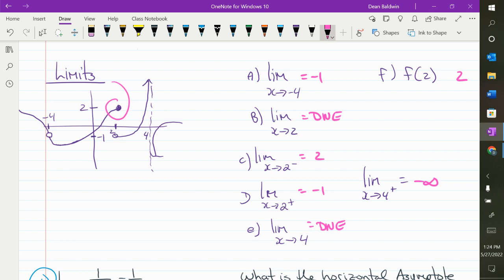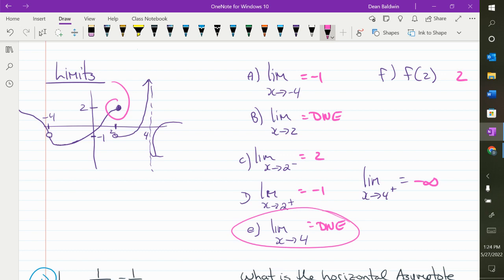Are you talking about one-sided limits or regular limits? If you approach a vertical asymptote, it means that the limit does not exist or infinity. In that case, you'd say does not exist. If I said from the right or the left, I guess you could say it doesn't exist, but what I'm really asking is whether the asymptote is going up to infinity or down to negative infinity. If you said it goes to infinity, yeah, I'd give that to you.